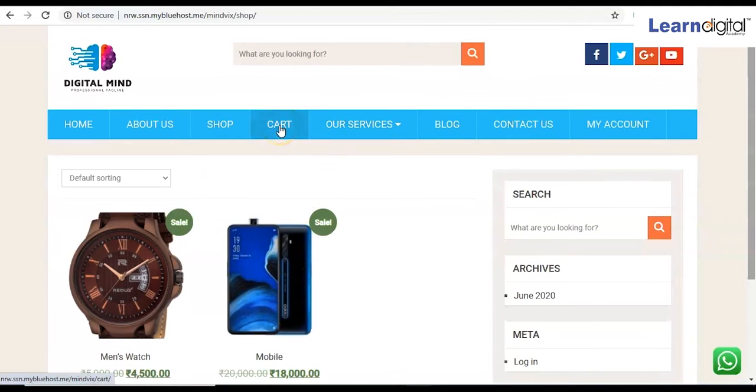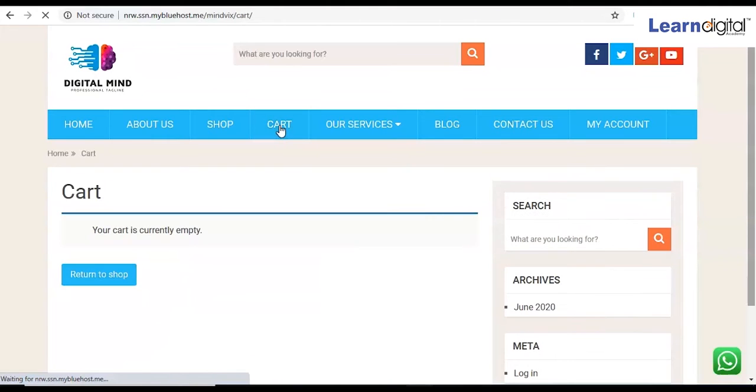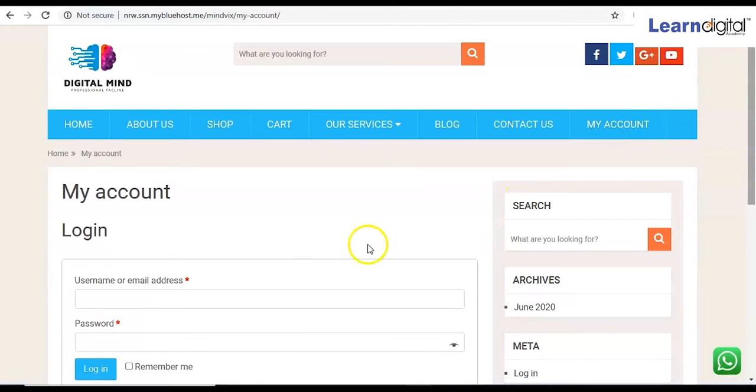Meanwhile, in the cart page, if you come over here, we can see whatever items you have selected. We have not selected any items. In this video, we'll be doing all this process and checking whether all these functions are running okay or not. And in fact, you can create your account from here. Under My Account, you'll be creating an account. So we'll try to create an account and see.